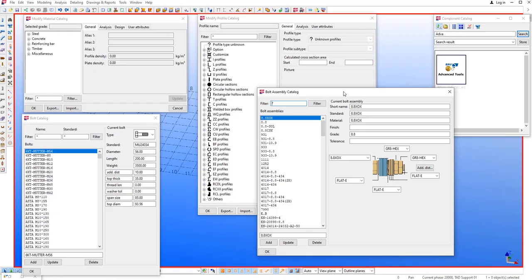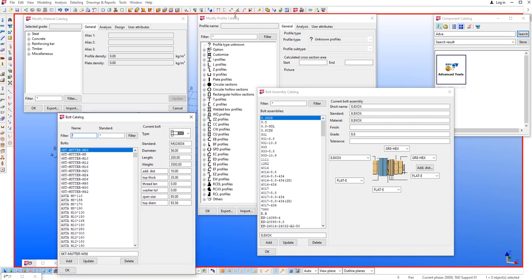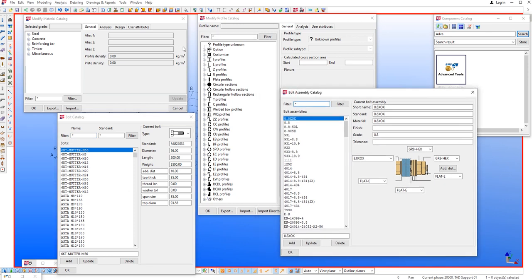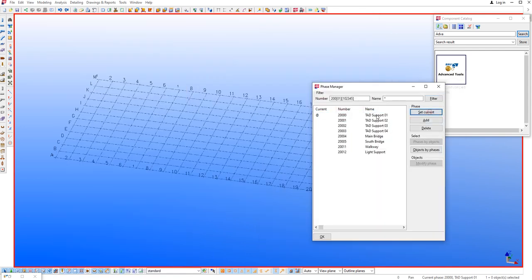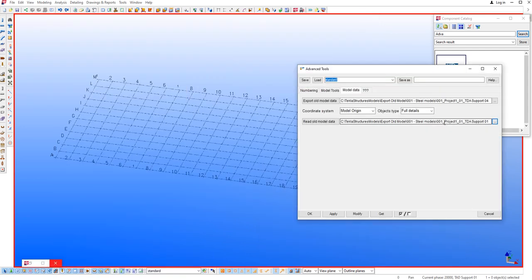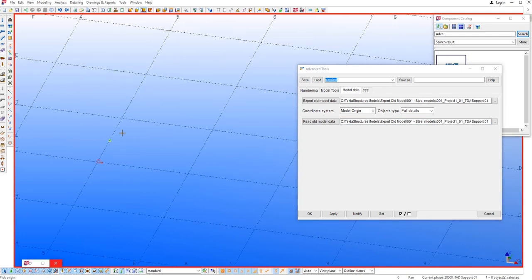Now we try to import the data model file to our Tekla version. Before we import the data model, we correct the material catalog, profile catalog, bolt catalog, bolt assembly catalog, and other settings, if you have rules for your project. First we set the current for TD1 support 1. We select the export file TD1 support 1. We set the work plane to plane. We want to import the model, so we change the work plane and we read the data, and that reads the model into the current model. That reads one by one for beam, cut, or the attached beam.